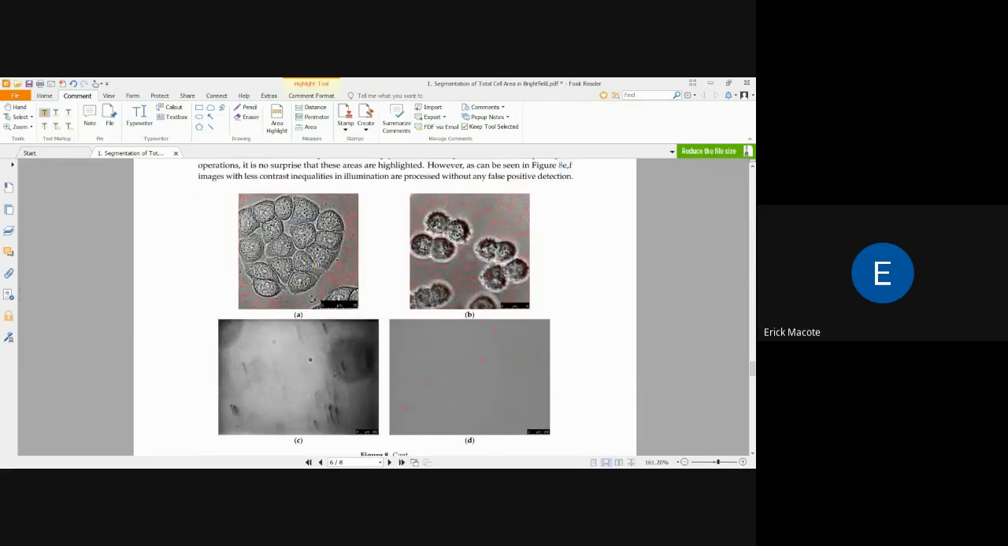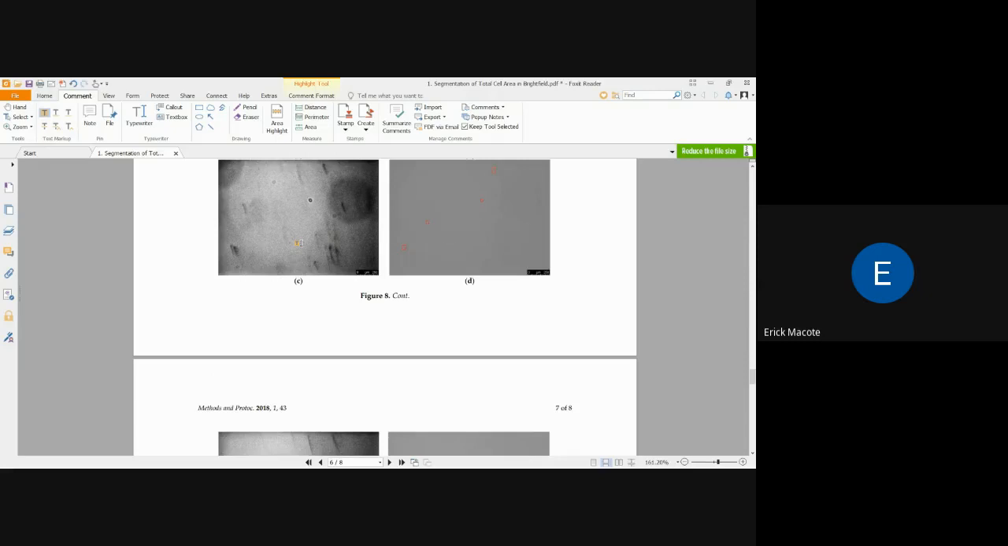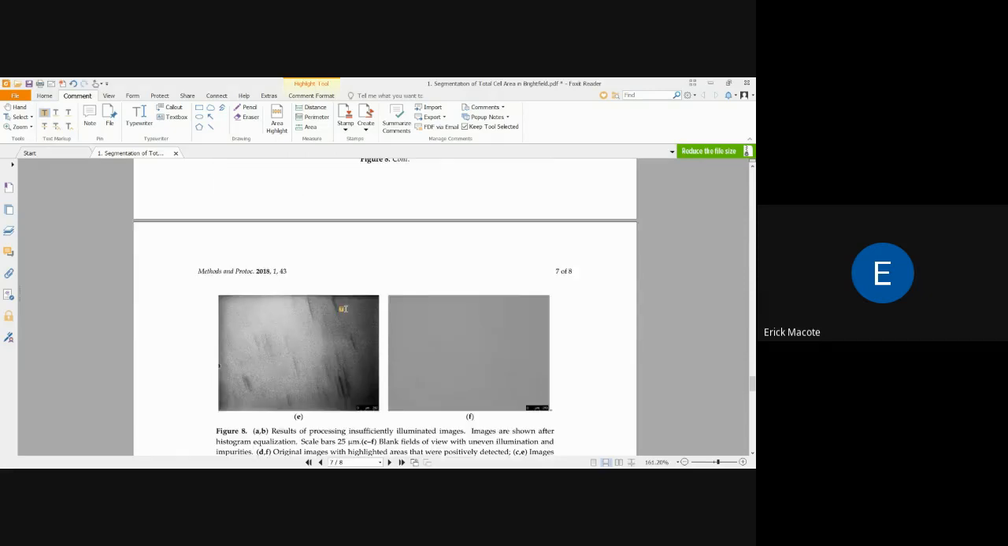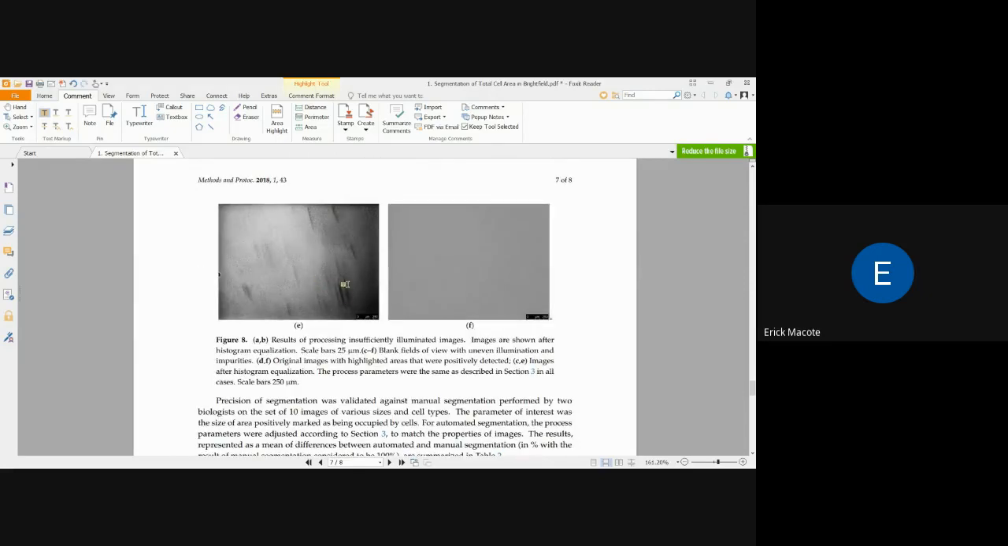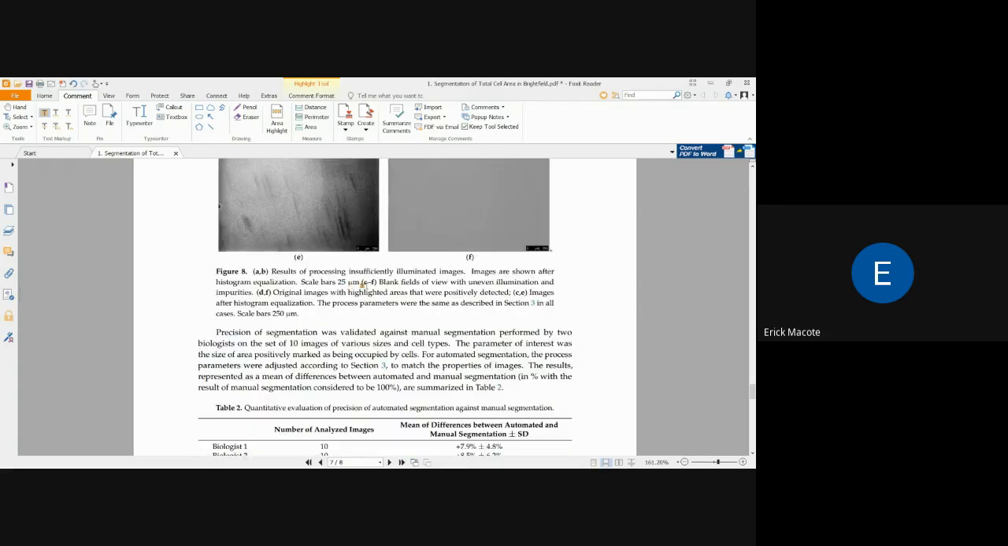In Figure 8 A and B, images were acquired with insufficient illumination, with B being out of focus, which led to strongly pronounced noise that is incorrectly recognized as cellular structure. However, as can be seen in Figure 8 E and F, images with less contrast and inequalities in illumination are processed without any false detection. To conclude,